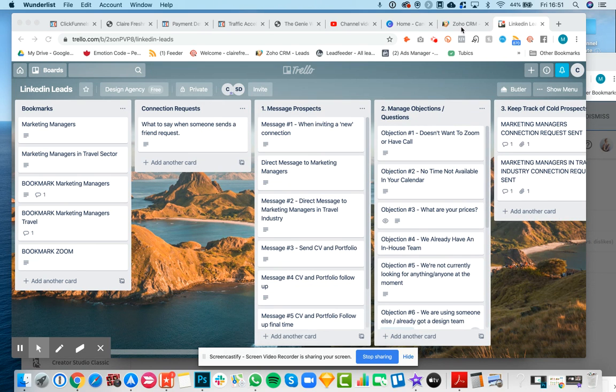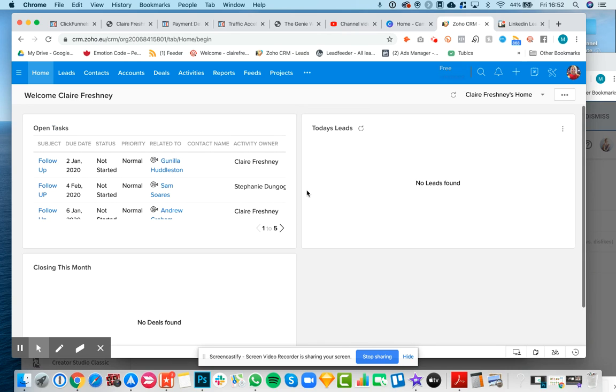Now, however, on LinkedIn, for my LinkedIn prospects, I like to use a platform called Zoho. Zoho is a great platform. It's free and you can add more details into it. Because I only get 15 to 20, but they're more high ticket items on LinkedIn, I add them into here. Because you're connecting with so many people on LinkedIn, because you're doing the reach out method, what I find is things would just get completely lost if I didn't have some sort of strategy to follow up. So I have all of my leads in here,